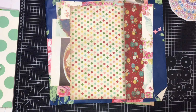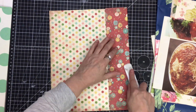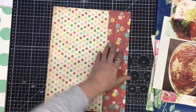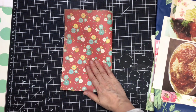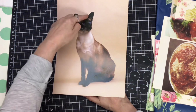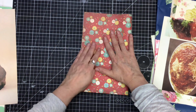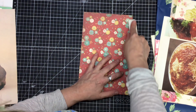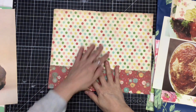And that's always part of the thing for me: what papers do I include as pages? Make sure I'm in here. And what pages do I include to use as other things, like, you know, like this. I could turn her into a tuck spot if I cut around her, right? I think she's better served as something like that. And, you know, I've also talked about my reluctance to cover up really nice paper with things because I'm weird that way. So I think what we'll do is we're going to make the